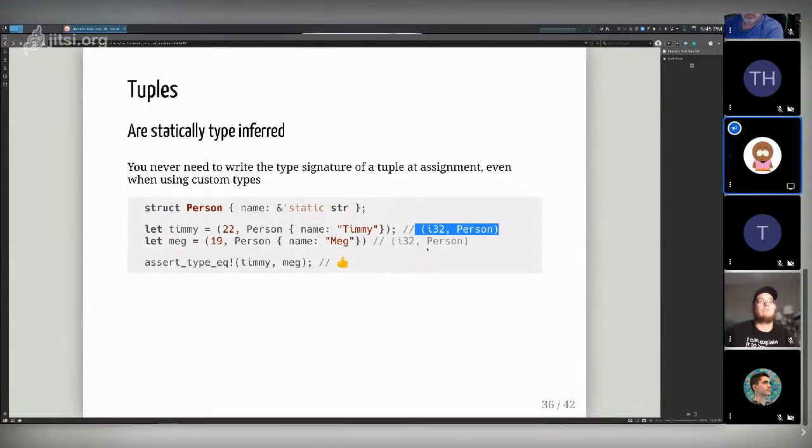I32 Person, I32 Person. And because this is statically checked, if we assert the type of Timmy and Meg, they should be the same. This is actually kind of cool because it's one of the few examples where I can create anonymous types that are in fact equal at compile time, and Rust will say, yep, that type checks. This is an I32 Person. This is an I32 Person. I don't need to name this new type anything. It'll just figure it out for us.